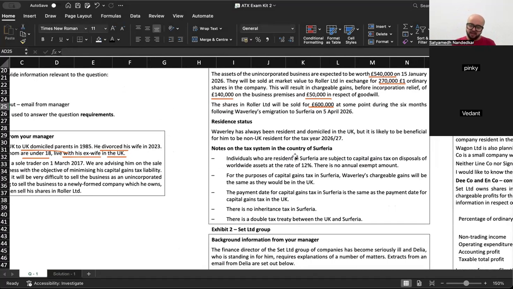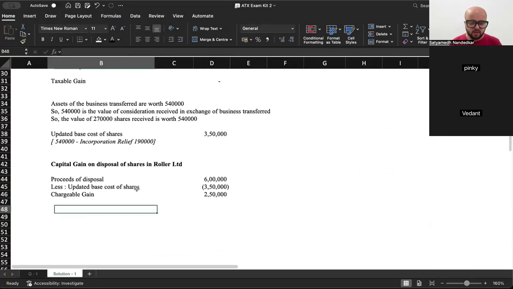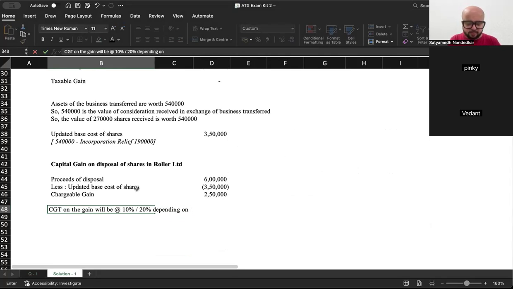Individuals who are resident in Surferia are subject to CGT on disposal of worldwide assets at the rate of 12%. There is no annual exempt amount. So CGT, if you are a person resident in UK, your CGT rate can be either 10 or 20. If you are in Surferia, it has to be 12%. Okay. So CGT on the gain will be at 10% slash 20% depending on the slab of Waverley. CGT,